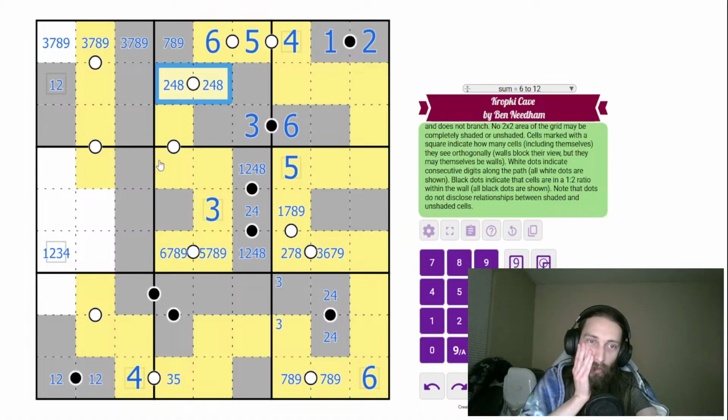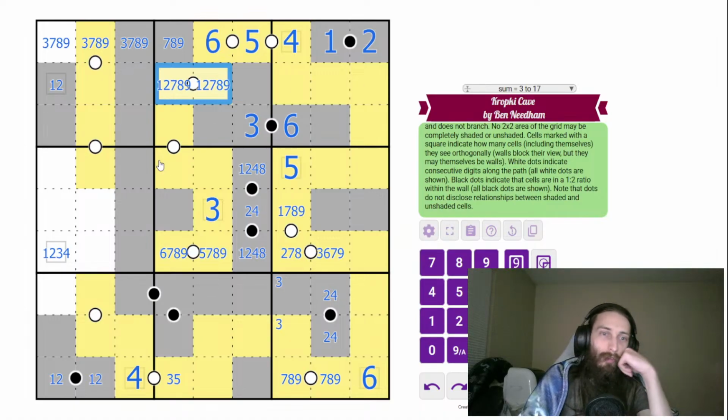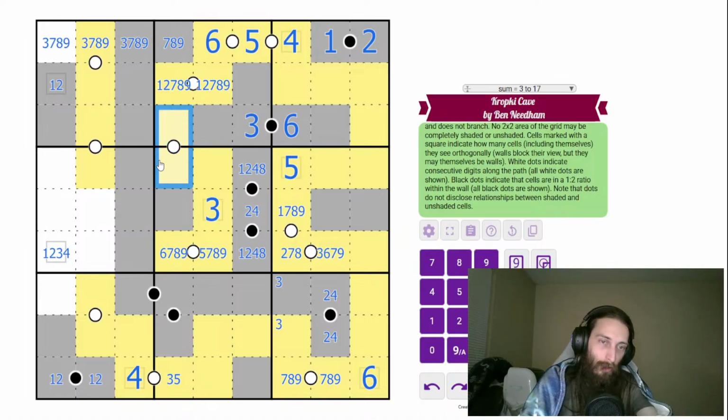Was trying to see if it was restricted enough. I mean, I could put 1 and 5. Oh, there's already a 5. So 4 doesn't work because 3 and 5 is already gone. But the 8 is surrounded by 7 and 9. And then here,